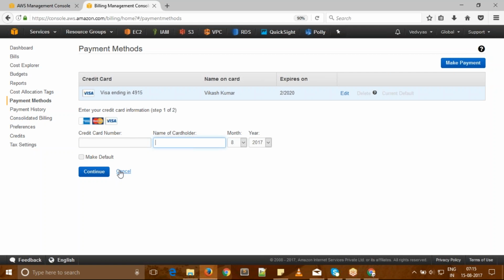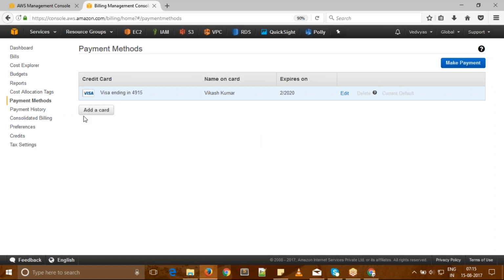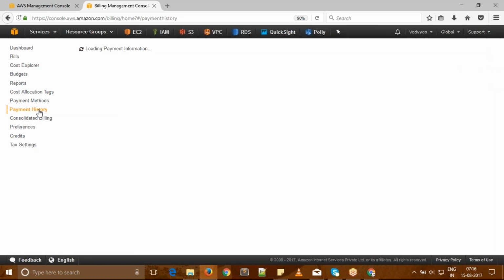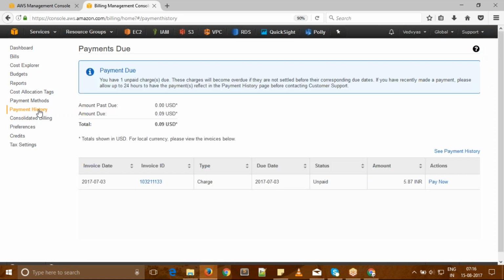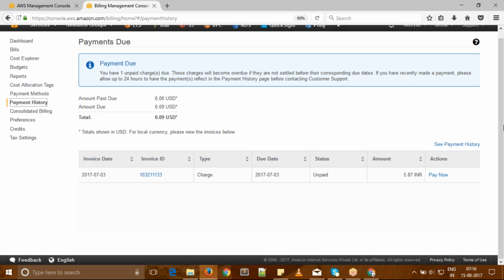So right now I have one card here, and after doing that I will be having two cards here in the list, and then I will delete the original card. So the genuine card I will delete here, so that AWS does not charge us by itself. So this is one way of protecting against unintentional charges. And if you click on the payment history, then you will have the list of the payments that you have done so far and the due which is remaining. Okay,